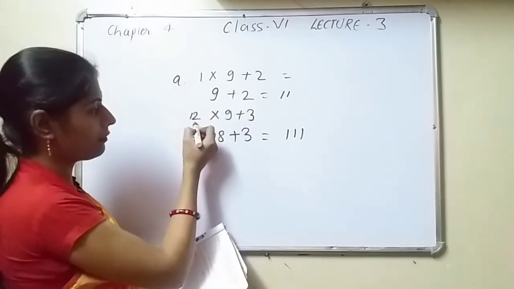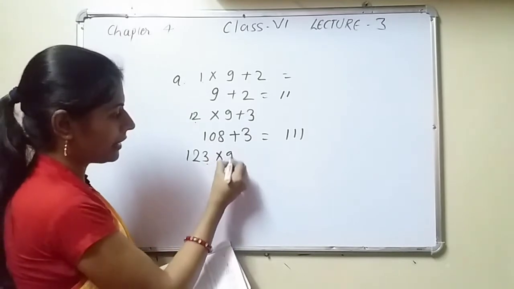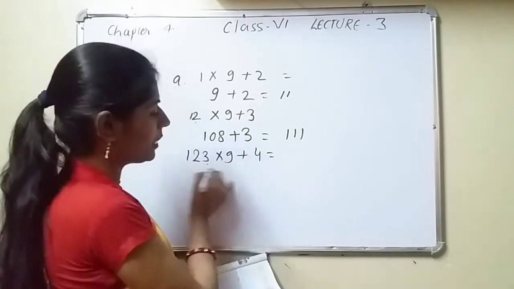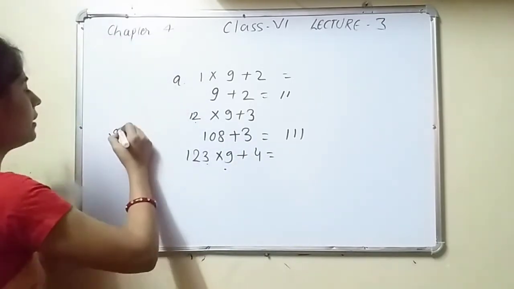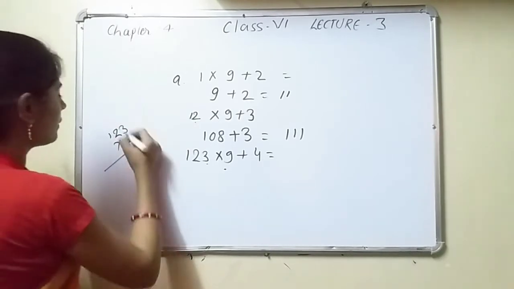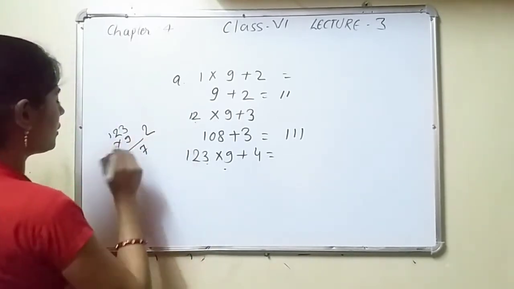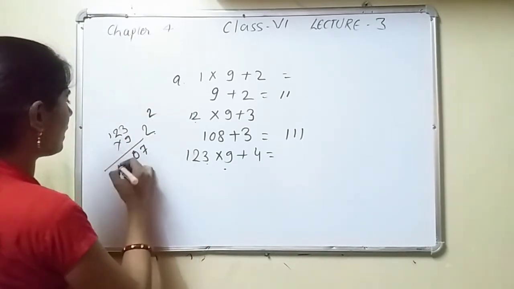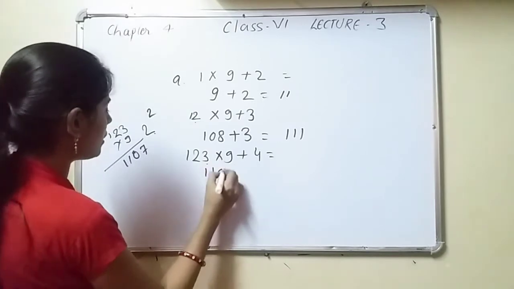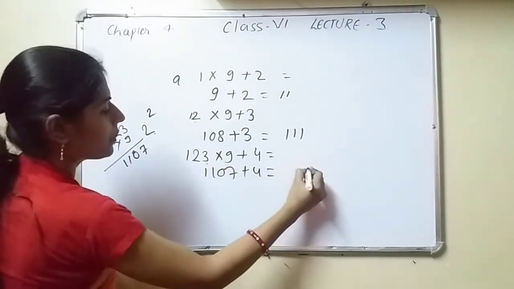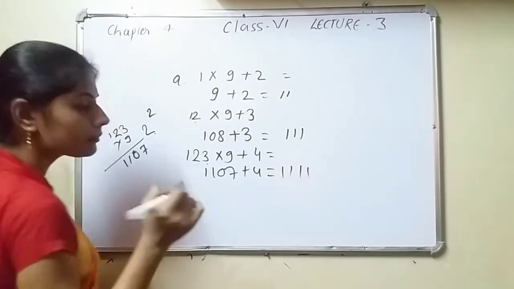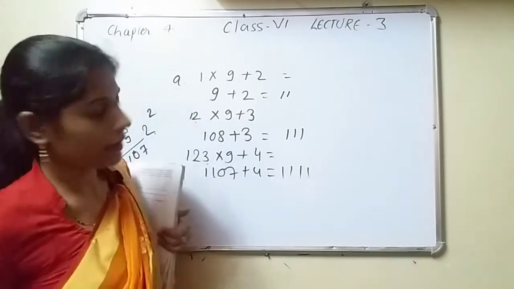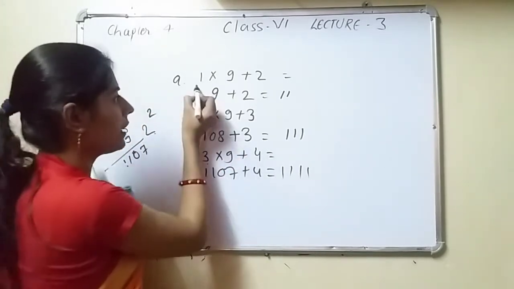Here 1 is given, here 1 2, here 1 2 3 into 9 plus 4 is equal to... when you are multiplying this and then adding, 123 multiplied by 9, that is 1107, plus 4, that is 1111. Now see here, after solving these 3 questions, what you have seen here: